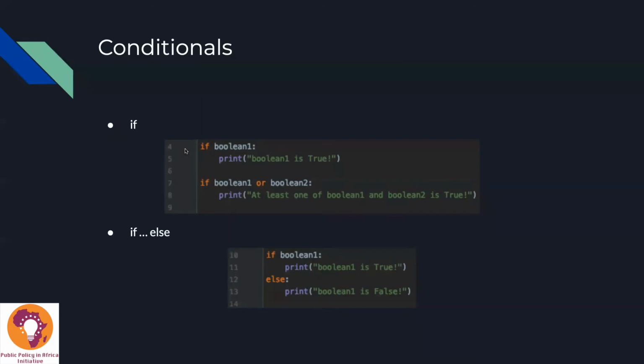Once again, the syntax: you start out with if, then you have your Boolean, and then you have a colon, and then tabbed underneath that. This is very important. The indentation is extremely important in Python. Indented underneath my Boolean expression is where I have print Boolean1 is true. So only if the value stored in Boolean1 evaluates to true, will line 5 actually print